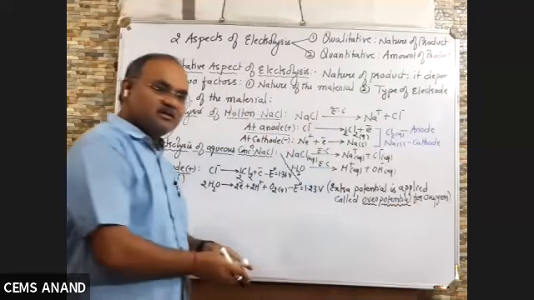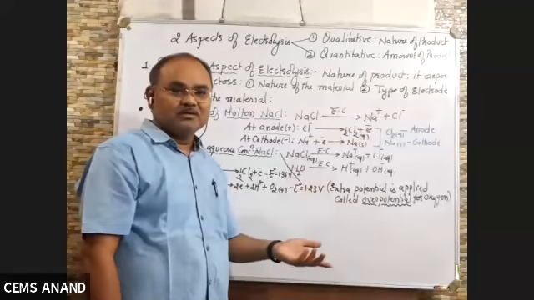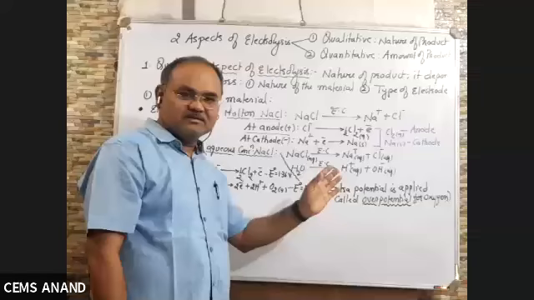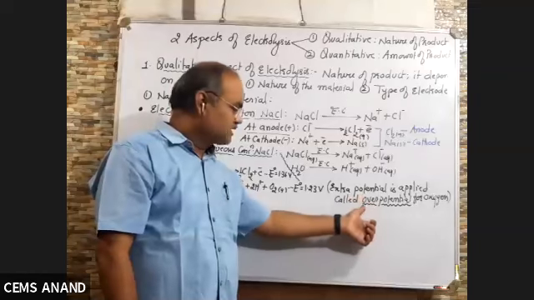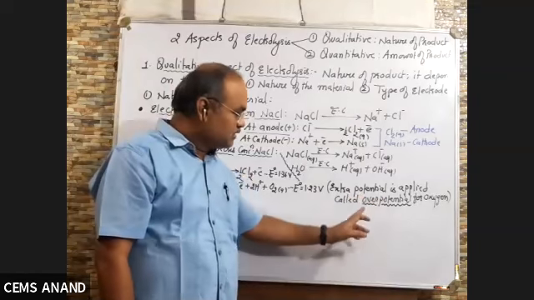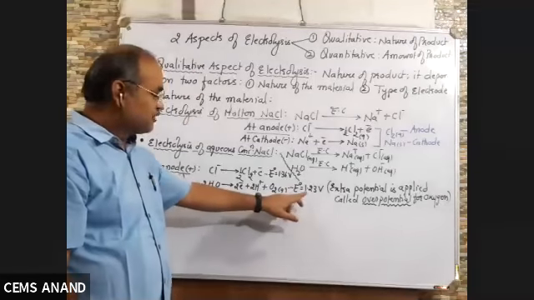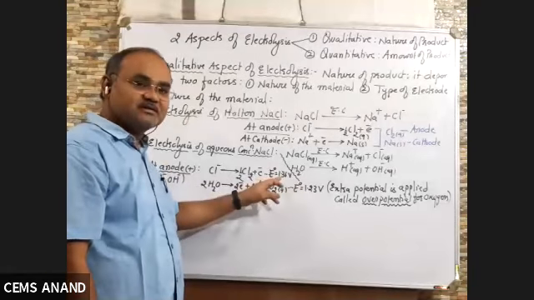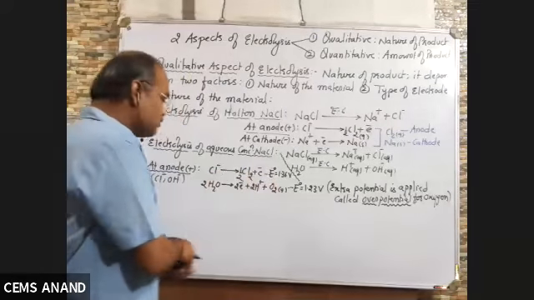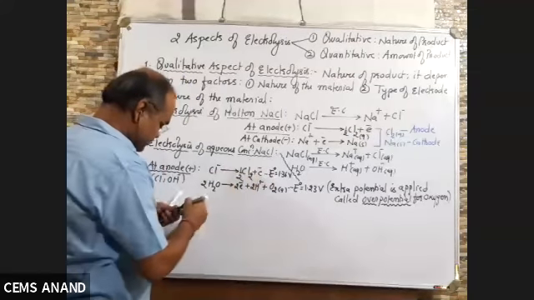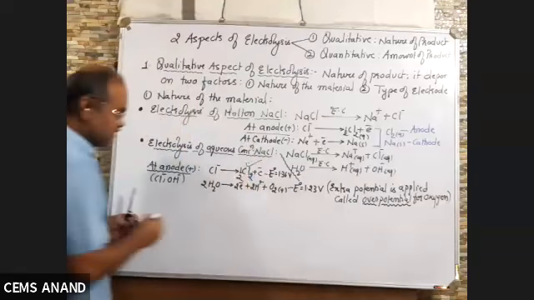What is overpotential? Sometimes the electrochemical reactions are spontaneous, but they are very slow. So in order to make them fast, in order to increase their rate, we supply extra potential, and that extra potential supplied is called overpotential. So overpotential is for oxygen. Due to this, the potential for water will increase and this will decrease. So due to decrease in potential, chlorine will undergo oxidation. So in this case, our product obtained is Cl2 gas.